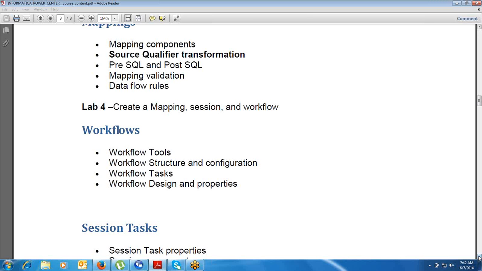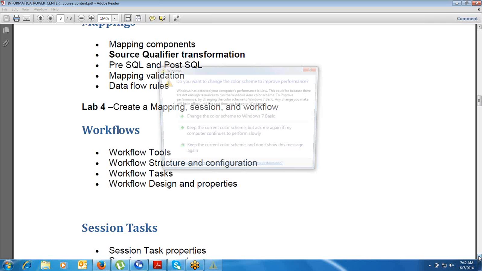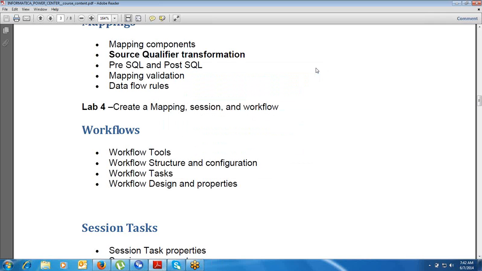A session is always created for a particular dedicated mapping. But suppose you need to execute some Unix commands on the Unix server, or after the execution of the session you need to send an email to all the recipients. These types of tasks are called the command task or the email task. There are other kinds of tasks also available in a workflow.